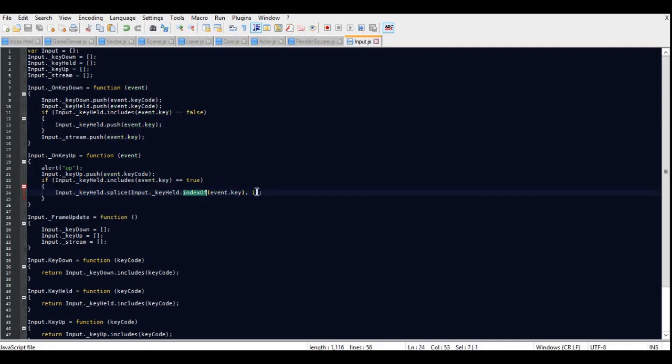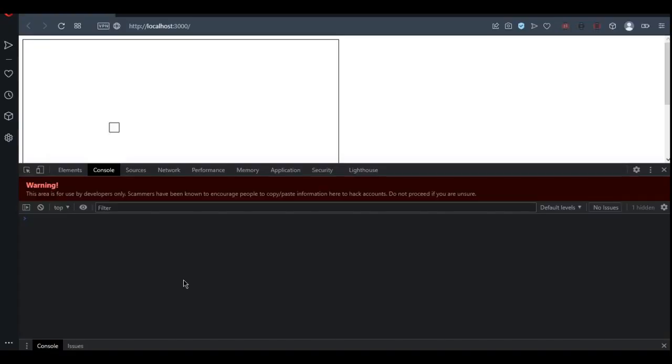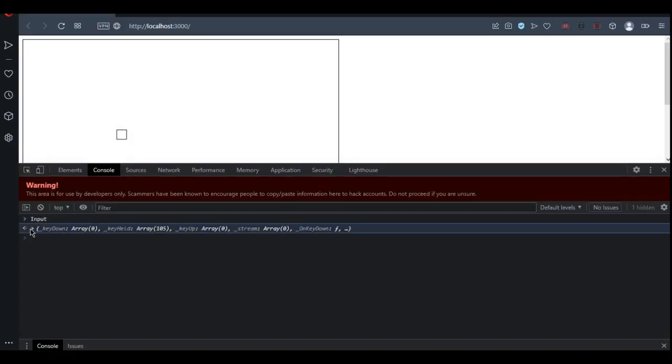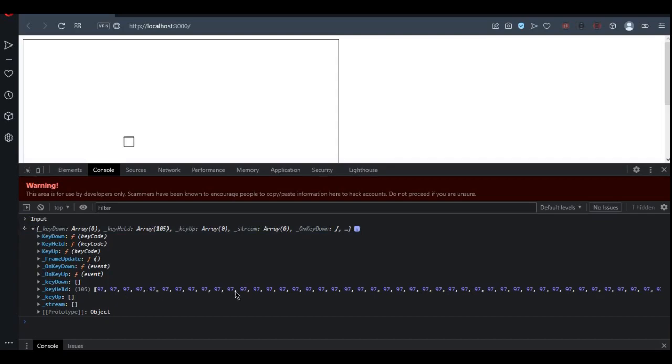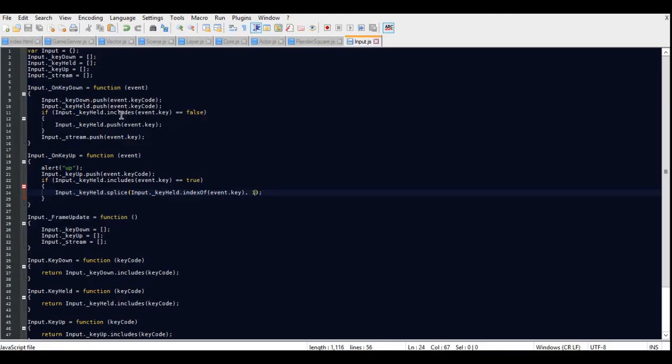So get the input of it, and then we add 1 to it, and that should get rid of what we need to get rid of. Let's check, has it still 978797, so that's not working obviously. Input.includes event key, it's false, so if it doesn't include it,